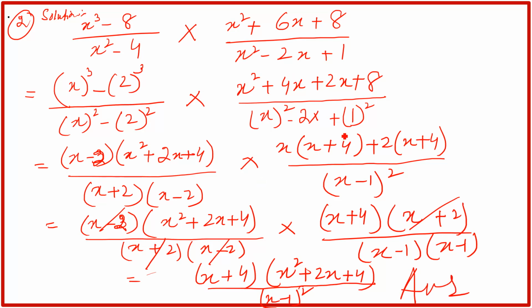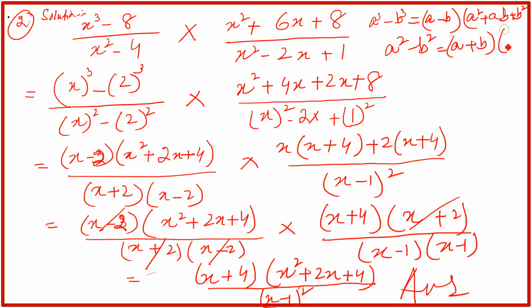Here we have used three formulas. I will write down here, right? First was a cube minus b cube, which is equal to a minus b, then a square plus ab plus b square. Second formula we have used a square minus b square. So how will we expand it? a minus b, one time in positive, one time with the negative. And third formula we have used a minus b whole square, which is equal to a square minus 2ab plus b square. See, that is why I told you that you should know how to factorize and how to expand